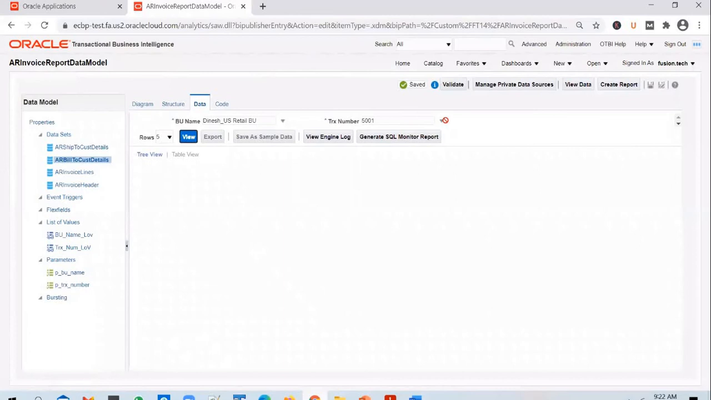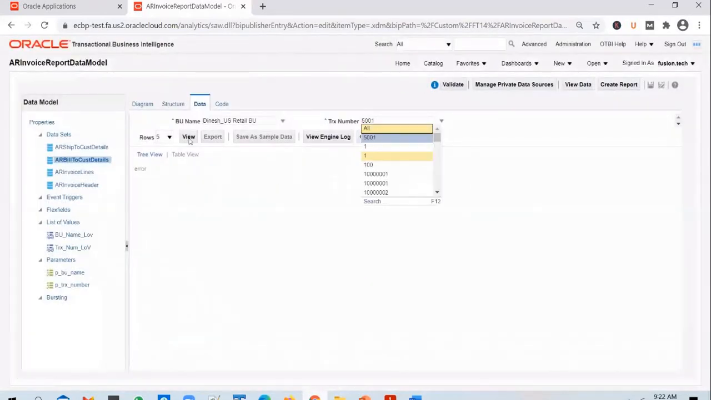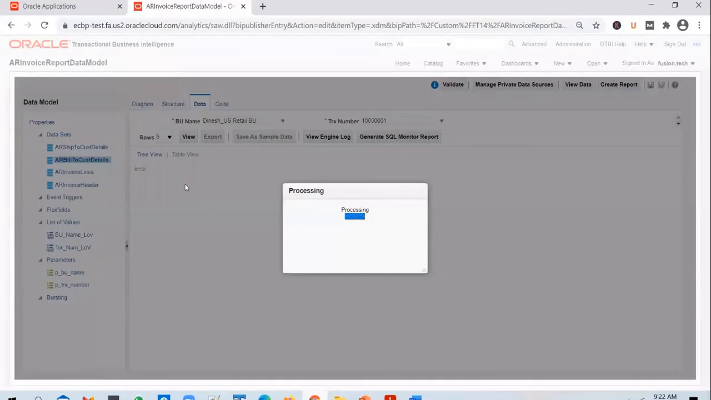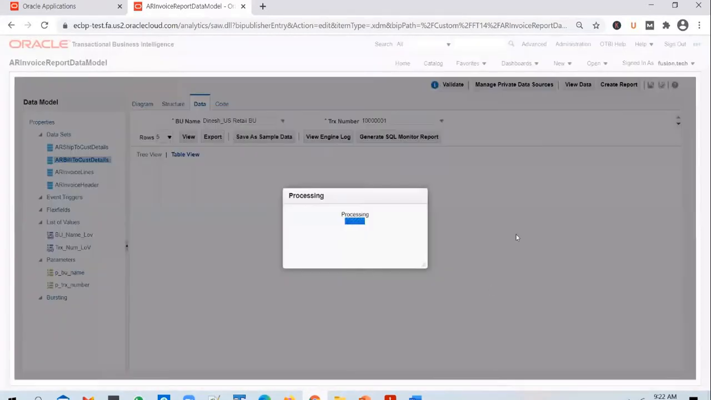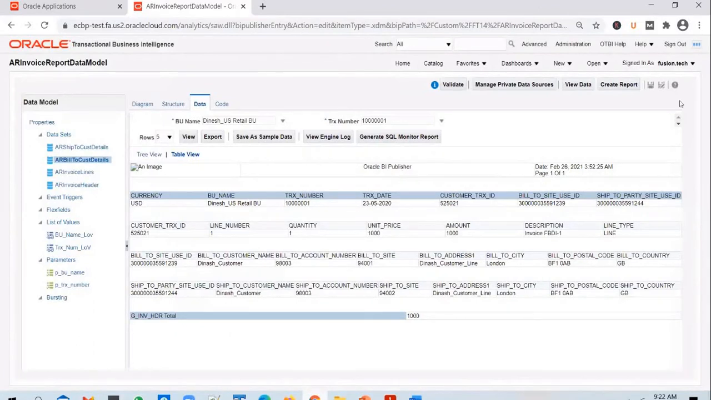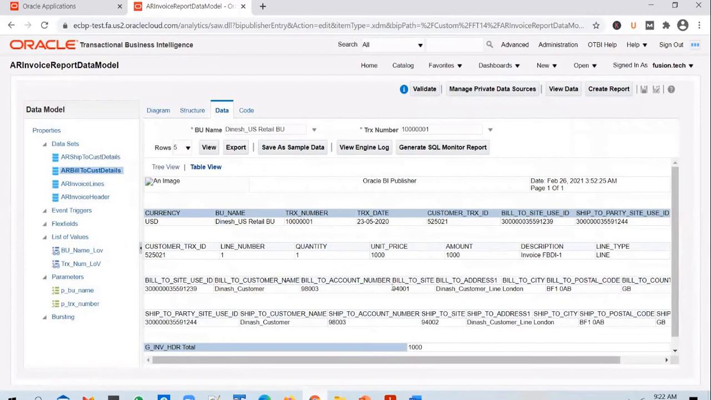If you go to the data tab, you select the invoice and then click on view, and you will be able to see the details now. So what do you see in there? You see all the details that we have seen as well, but apart from the invoice lines and the bill to customer details, ship to customer details, you see a total section as well. So if you save it in this XML file,